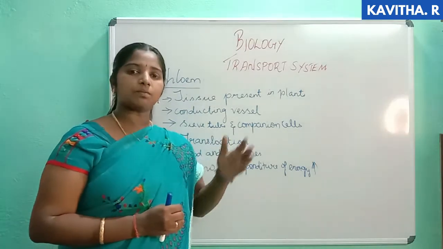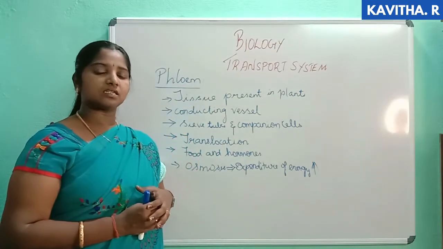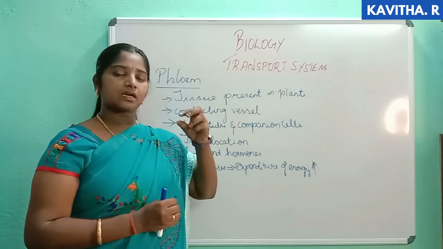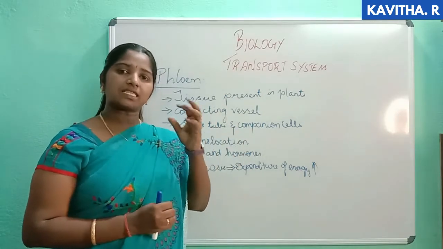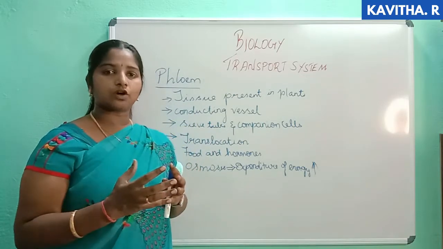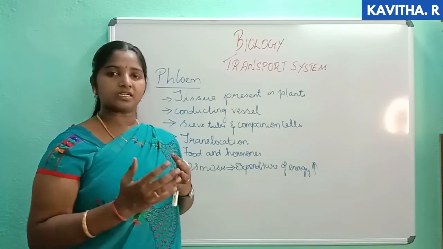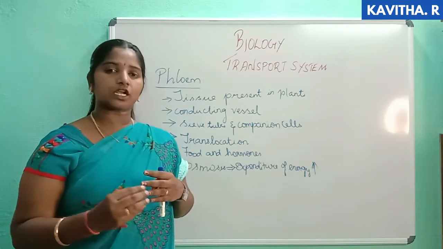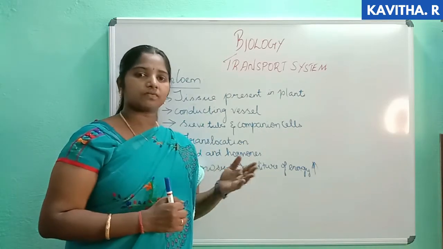So how it is being moved to all parts of the plants, it is by the process called osmosis. Wherever, if you see all the other parts without energy, they will be in low concentration. The leaf will have the high concentration, since the food has already been prepared. So this prepared food, from the high concentration, reaches all parts of the plants where it is